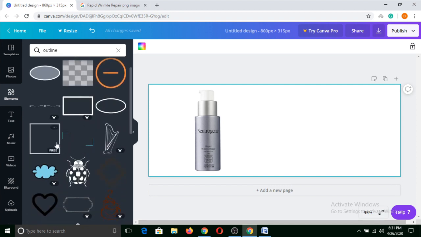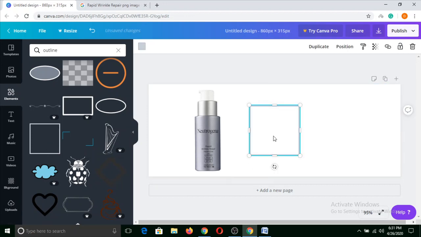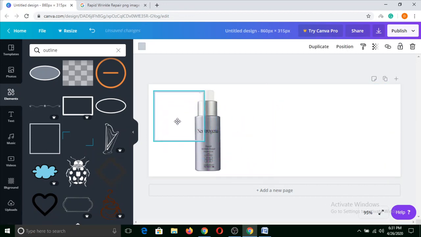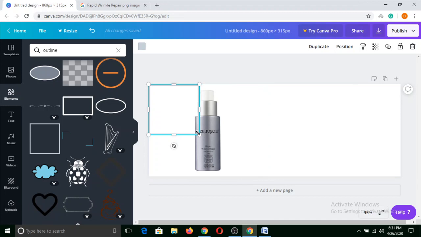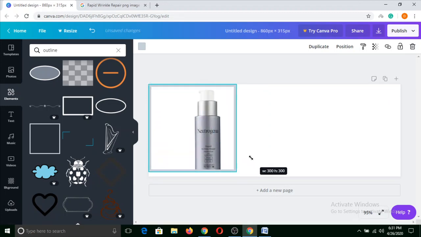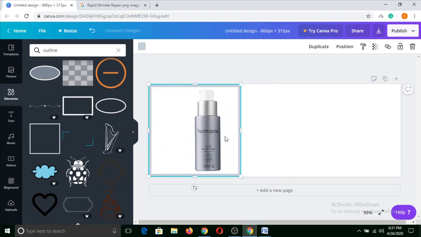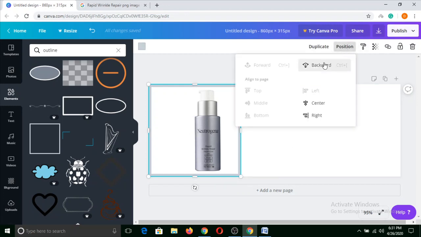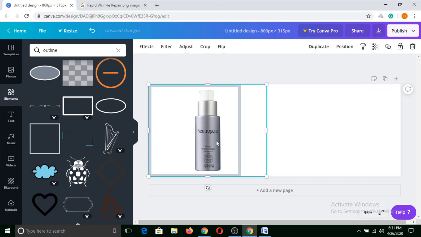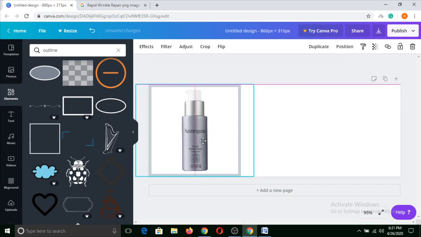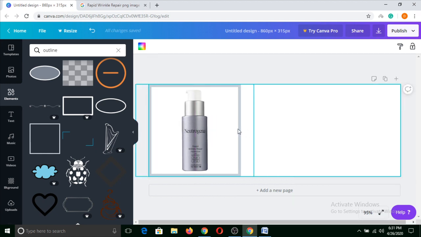So here we can see it is free to use, so you can click here and drag it to here and just increase the size. It is coming upward, so you can click here and make this position backward, so that you can move this image a little bit here and there.